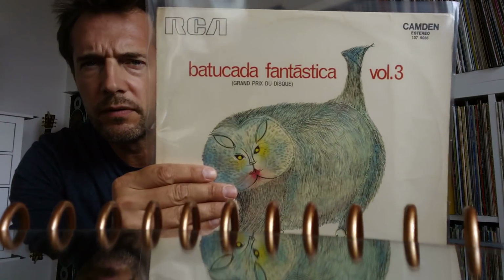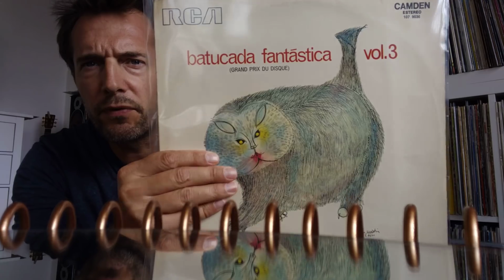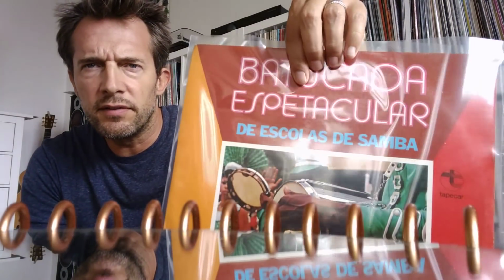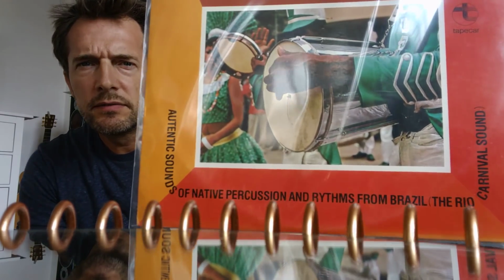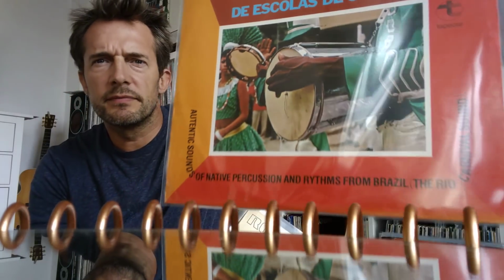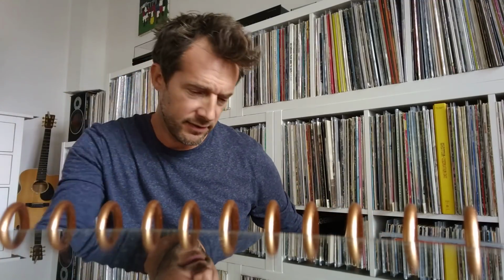So yeah, I recommend you check those out. Batucada Fantastica Volume 3 with this weird cat on the cover, and this Batucada Espetacular. Sorry for the flare. What is the glare? For the flare, for the glance. I mixed the flare and the glance. Anyway,